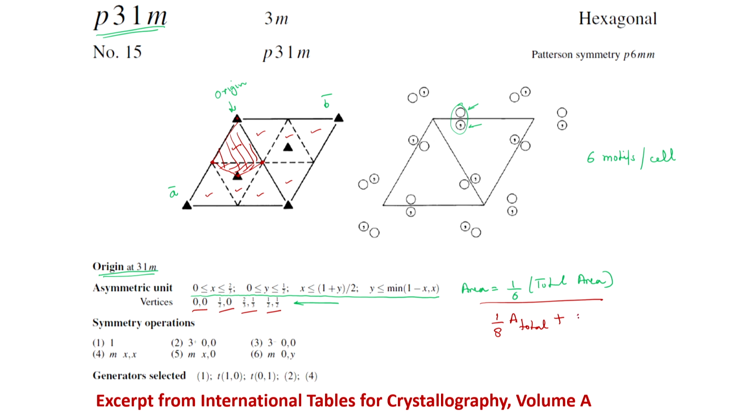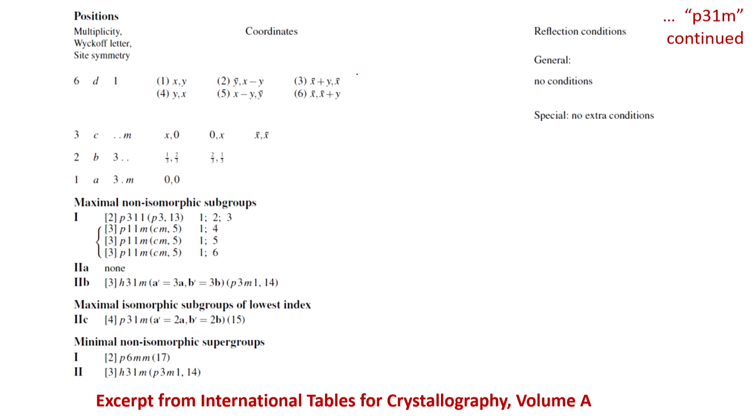So, I will have 1/3, and a single triangle area is 1/8 into A total, and you can do this simple arithmetic and one will get 1/6 of the A total area. These are the positions; this is general,